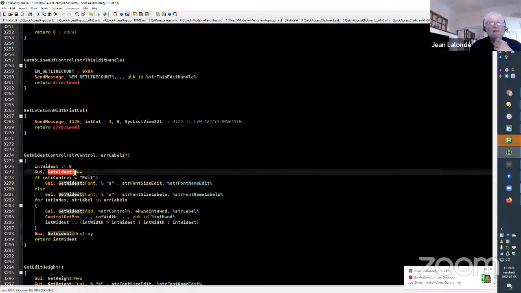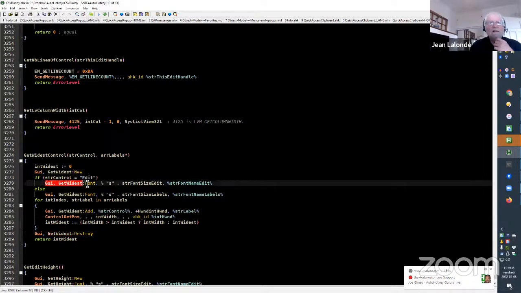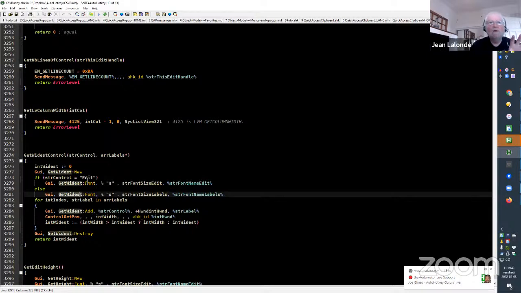So I create a temporary GUI that will be destroyed at the end here. I set the font to the current font. The font is the same, depending on whether it is an edit or other controls. There are two types of fonts.